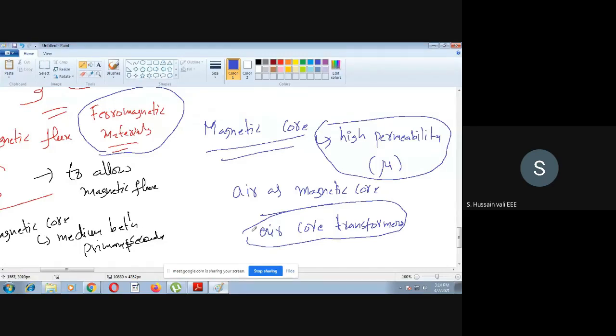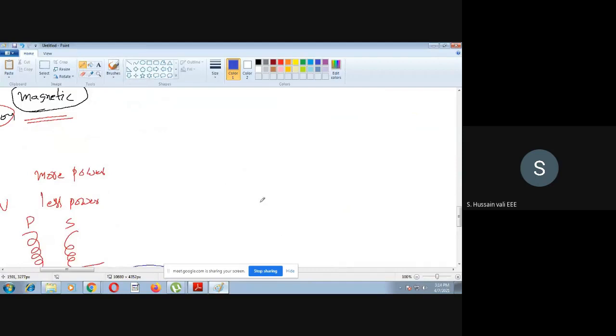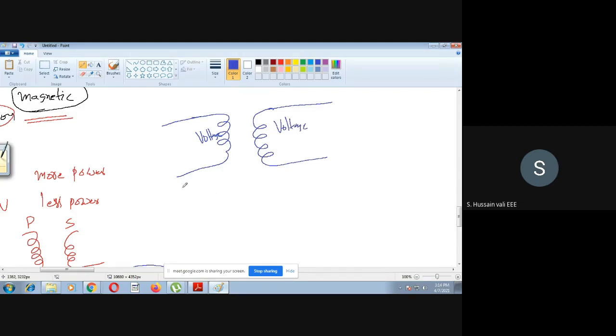And a few more things we will see here. Let's just recall what the transformer is doing now. Just now we have seen that it is either step up or step down. So you see here, whether it is step up or step down, here it is voltage, here also voltage. So one thing I want to tell is that here also it is electrical quantities. Secondary side also you have electrical quantities.